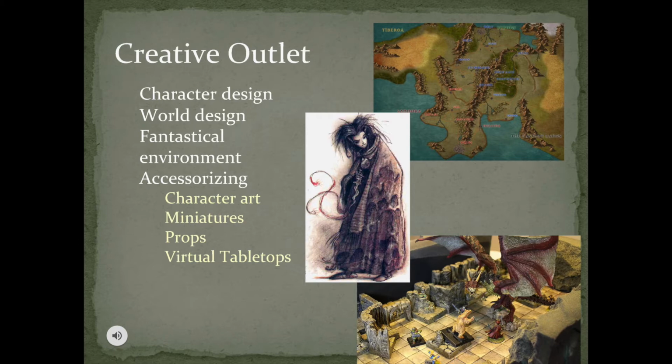The creativity that this game can draw upon is virtually unlimited. One of the other outlets is if you are not meeting in person, but rather meeting on a virtual tabletop like Roll20. This allows you to have everything on the computer screen and all the processing power of the computers. You won't be using a physical miniature on that, but you have a token that uses character art, which you can find through Pinterest or any other sources of fantasy art. If you're gifted with computers, you can also add stuff like special effects or visual effects, which you can't do on a physical tabletop. There's no effective way on pen and paper to show a fireball being cast, at least, and have it look pretty.